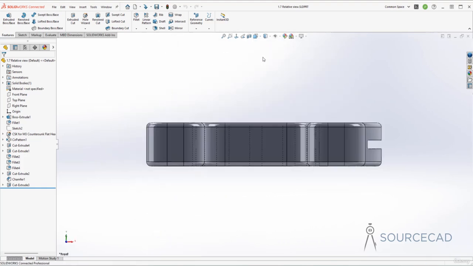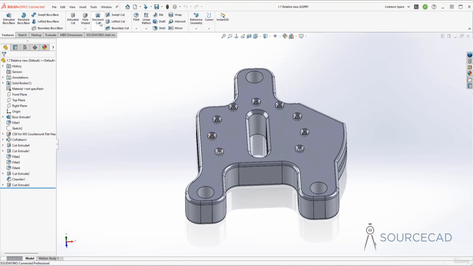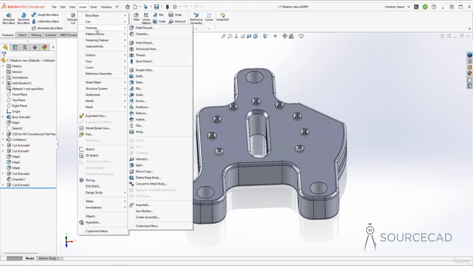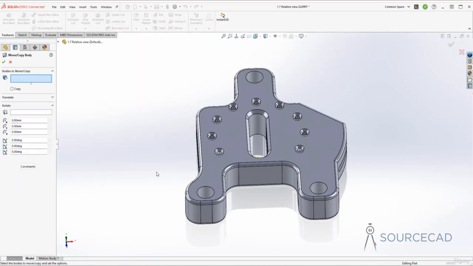So just select front, and that's the front view. Okay, so basically we just need to make this one the main view where this face is visible. And for that, I'll go to Insert, Feature, and select Move/Copy Feature here, and I'll simply rotate my main part file. Now to do that, select the part file,